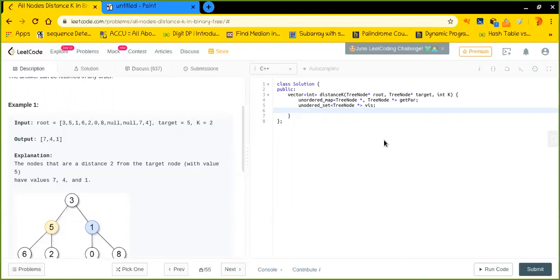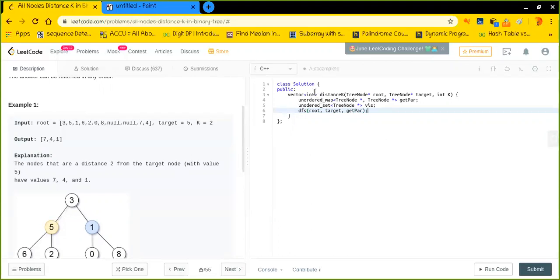So basically what I will do here is I will simply fill all the mapping. So I'll try to do a DFS traversal, I mean depth traversal, and pass the root node and target here, along with the map. Okay, the map is basically get parent. Cool.